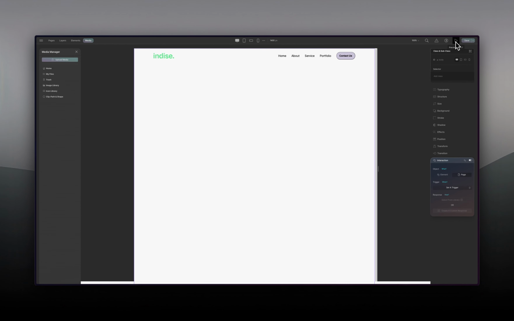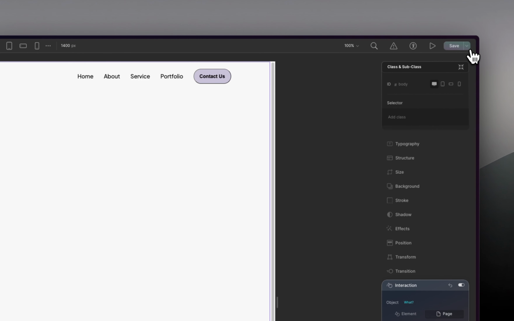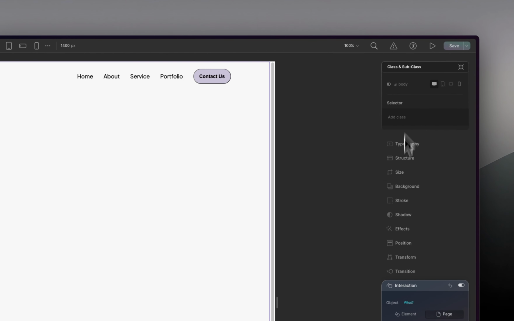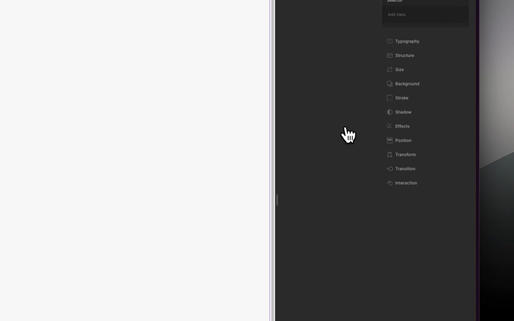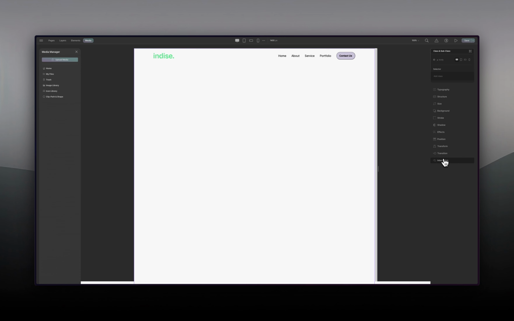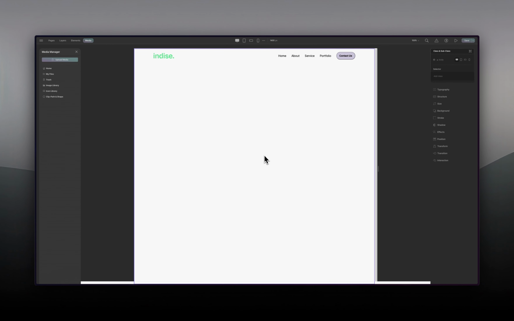You have a preview button over here. You have your save. With this, you can change it from manual save to auto save if you do want that. And over here, you do have your panels that deal with all the things that you need to do when it comes to CSS, typography, all the way down to animation, which is interactions, transition, transform, all of those cool stuff. And then here is basically your canvas. So this is where you build all your stuff. So that is our quick overview of that.